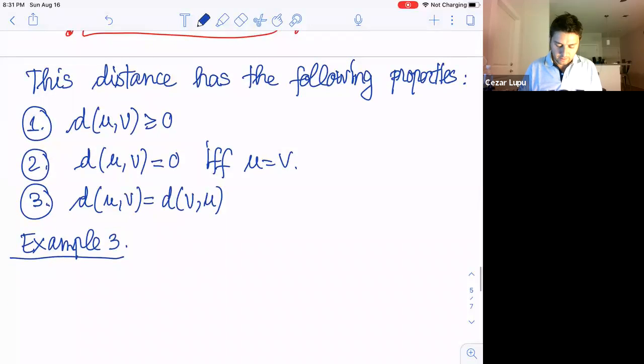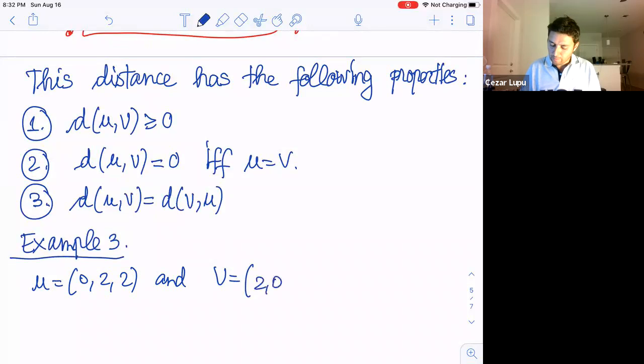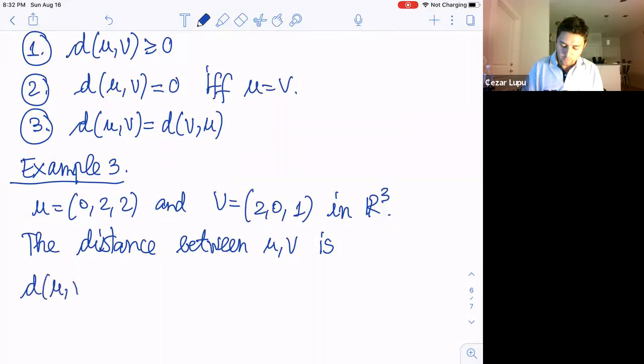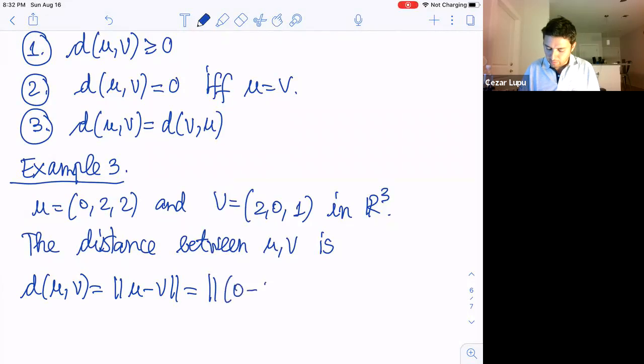Let's consider these two vectors, u equals (0, 2, 2) in R3, and v to be the vector (2, 0, 1). So these two vectors are in R3, and the distance between u and v is given by d(u,v), which is nothing else than just the length of u minus v. And we can write this as the length of this vector (0 minus 2, 2 minus 0, and 2 minus 1),